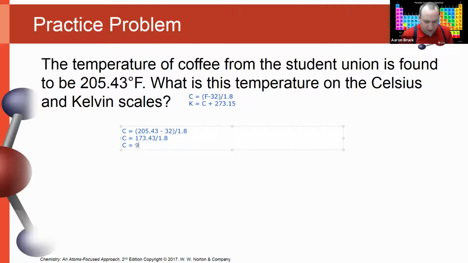And if I do that, I get 96.35 degrees Celsius. So that's part one. In part two, I need to convert the Celsius into Kelvin. So Kelvin is equal to Celsius, 96.35 plus 273.15. The Kelvin temperature would be 369.50